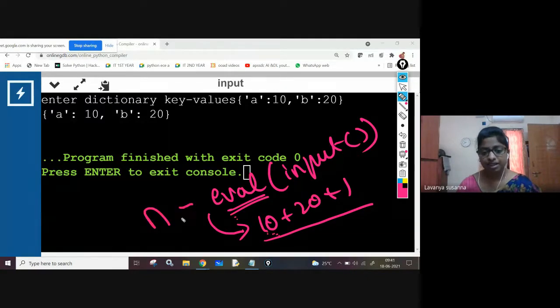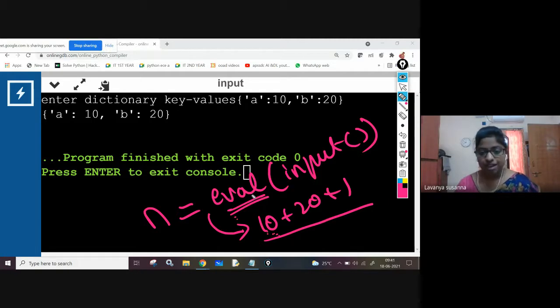For example, in a program there is a statement like n equal to eval of input. What will input do? You need to enter through the keyboard, right? The input function is just like scanf in C. It is used for reading purposes. But here you have entered 10 plus 20 plus 1 through the keyboard. Actually, this is an expression.